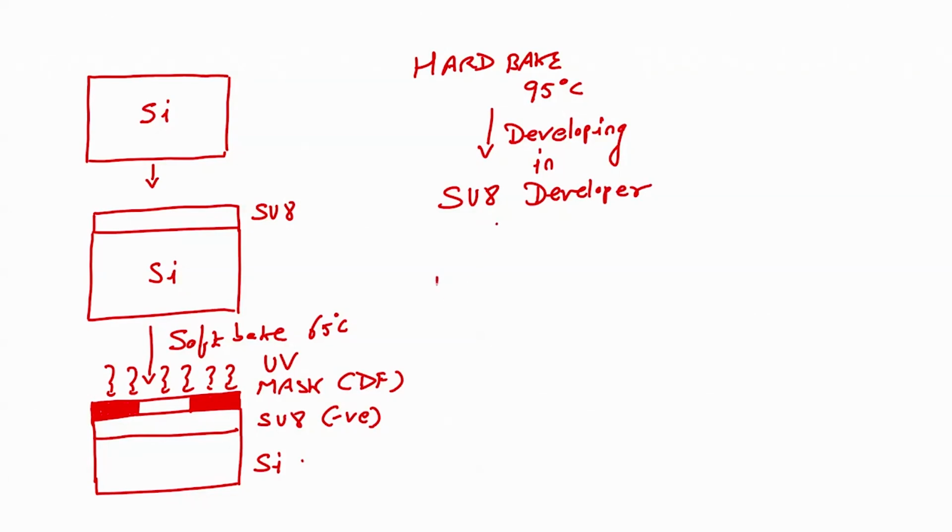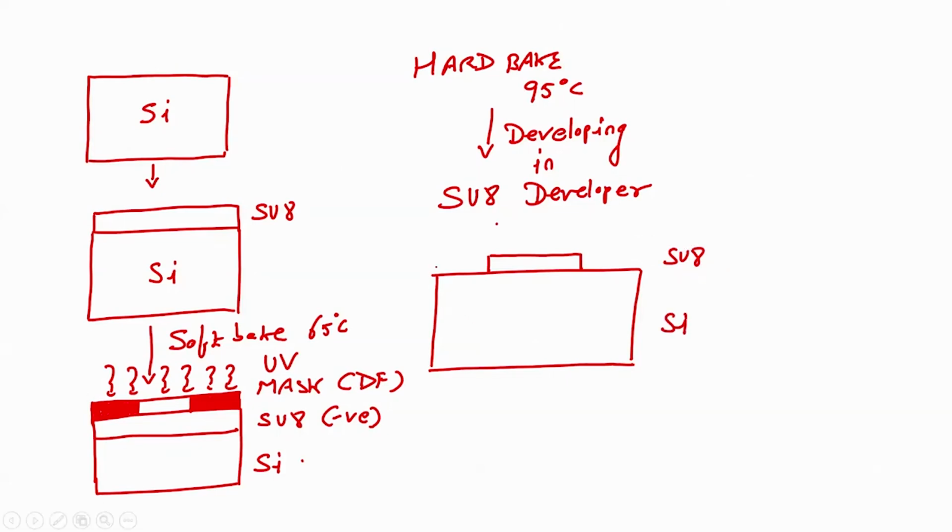When you do that, what you get? You get SU8 like this. Why? Because negative photoresist. The area which is exposed will become stronger, area which is not exposed will become weaker, right. Now, what you will do with this? On this SU8, you pour